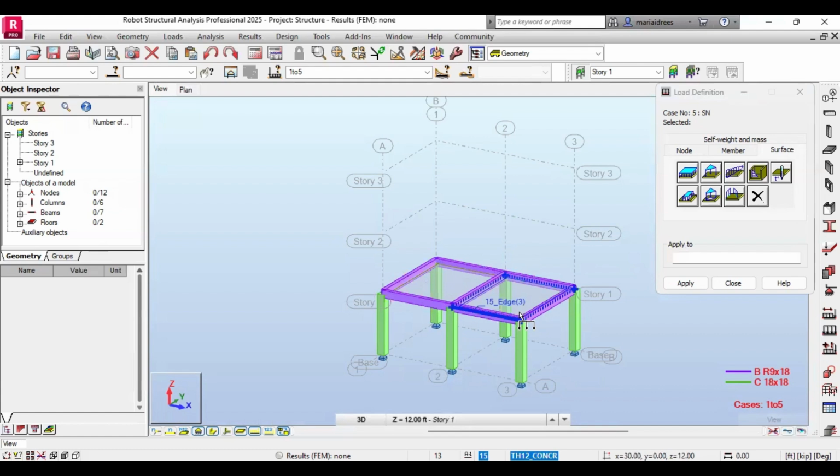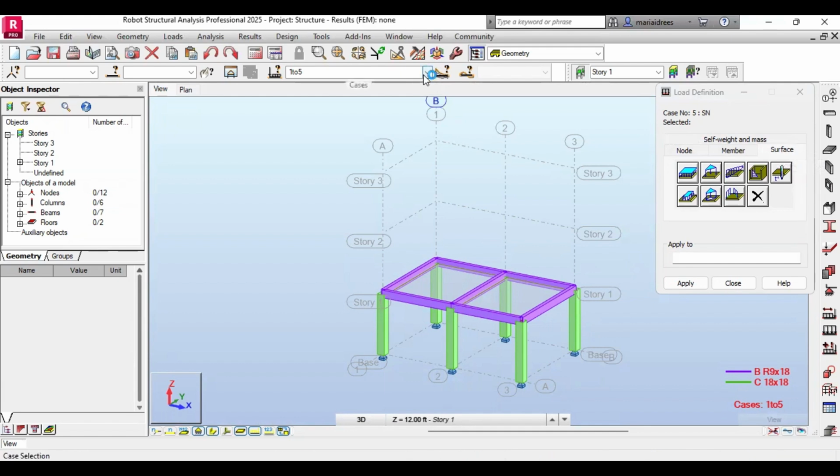I'm sorry, first story. So what I am going to do now is apply the load on this slab and also partition wall load on these beams. And after that, I am going to apply finish floor load and the live load on this slab. So it is already obvious that self weight is for the whole structure. Now I am going to apply,